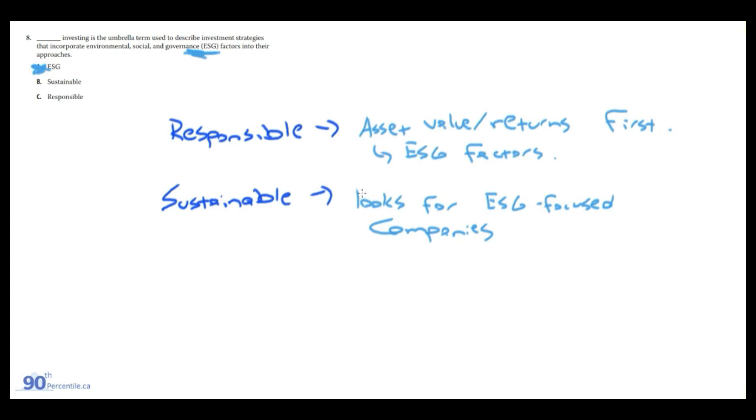Of course, they're not going to invest in something where it's guaranteed to lose money, but ESG and sustainable investing is going to come first, and in responsible investing it's not a second thought, but almost a second thought. So if we're coming back to the question,